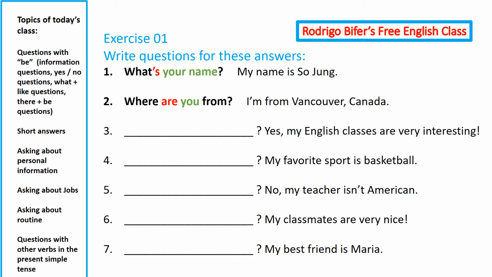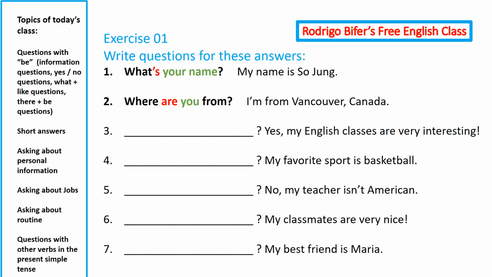Okay, so in this case, the answer doesn't just give you information. Like in number 1, you have some information: the person's name. My name is So Jung. For number 2, you have some information about where the person is from: Vancouver, Canada. But here, you don't only have some information. Before you have the information, you have the word yes. And if the answer is yes, we call this kind of question a yes/no question, because there are only 2